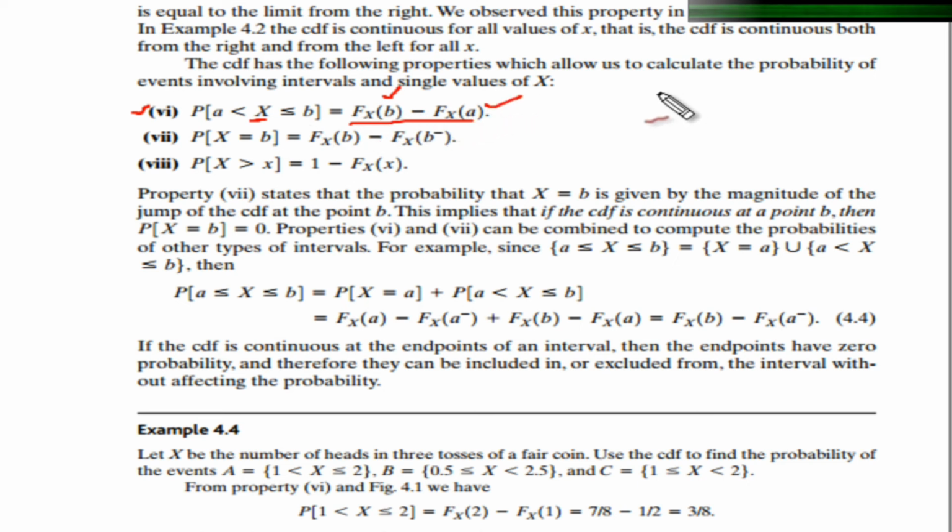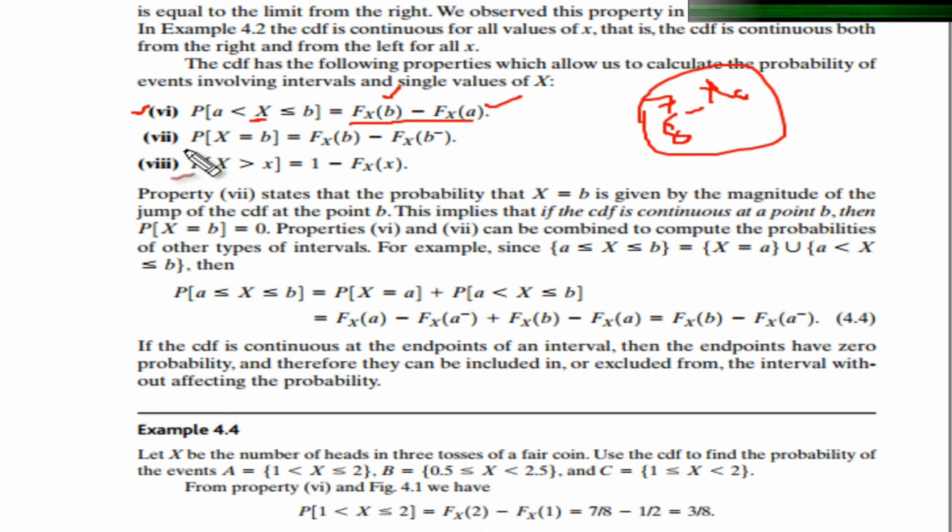Let's say in the previous example you had the value 7/8, which was the probability that the number of heads will be less than or equal to 2, and you want to find other values, so you can subtract other values from this one, and other range values can be found through this if you have the other CDF